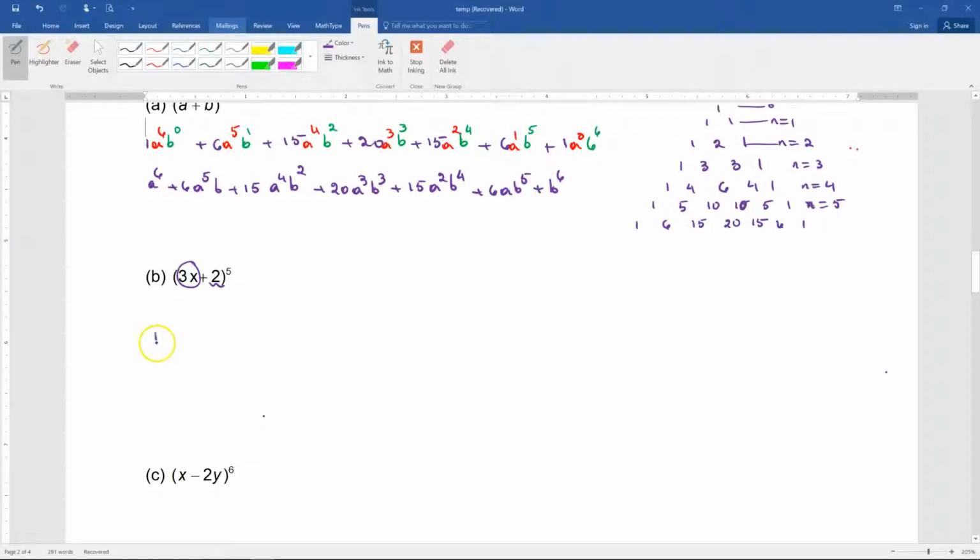I write down my coefficients, 1, 5, 10, 5, 1. Pluses. Now, I start with the first term. It's going to be 3x to the power of what first? 5. In parentheses, please, 3x to the 5, 3x to the 4, 3x cubed,